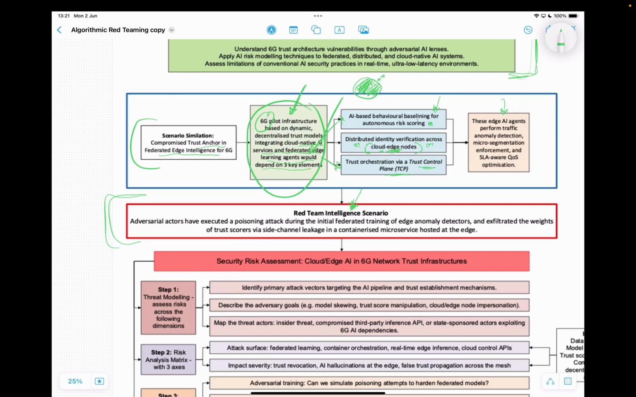So in this one, we are looking at adversarial actors that have executed poisoning attacks during the initial federated training on edge anomaly detection and exfiltrated the weights of trust scores with side channel leakage in a containerized microservice hosted on the edge. So federated training, we're going to cover federated learning in other scenarios, but federated learning is when you